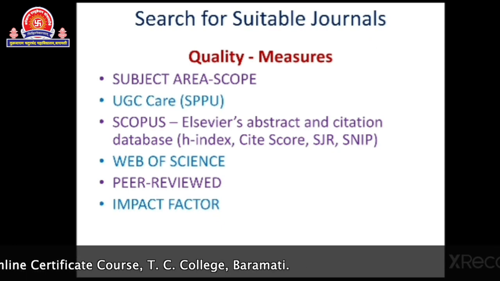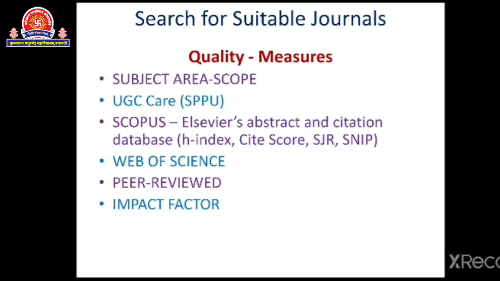In microbiology also there are specializations, like agricultural microbiology, fermentation technology, genetics, plant biology, soil microbiology. Accordingly, there are specialized journals for all these different topics, so we can search for such journals. The second quality measure is whether that particular journal is listed in the UGC CARE list, which is prepared by SPPU